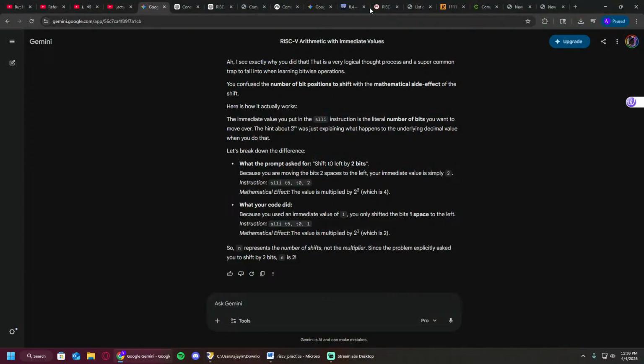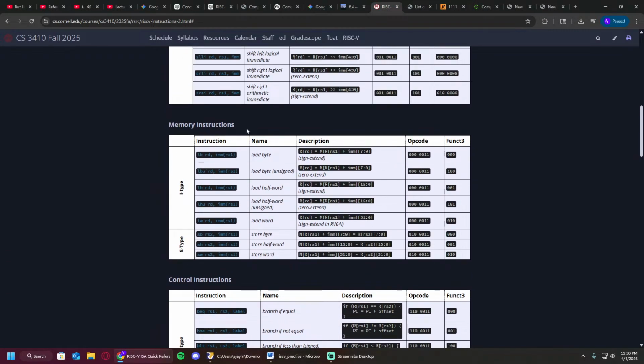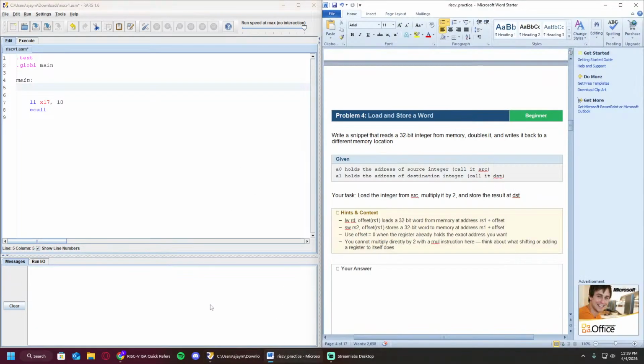Let's take a look back at the reference. For load word, we're storing the values into a register, whereas in store word we're storing register values to memory. So essentially, if we go back here,